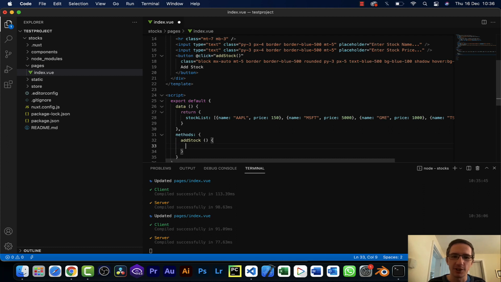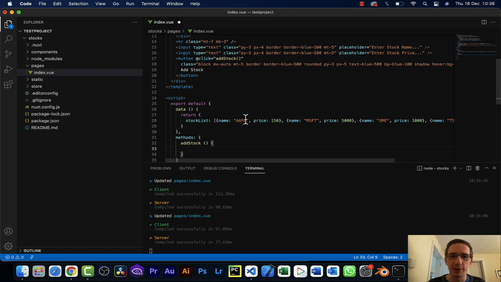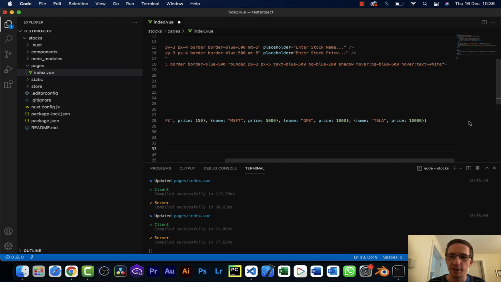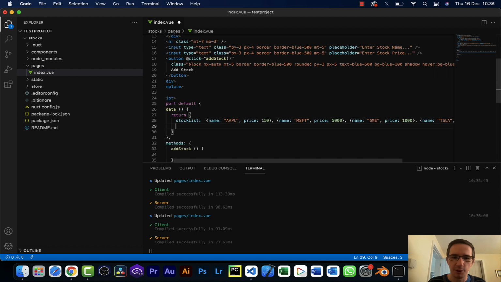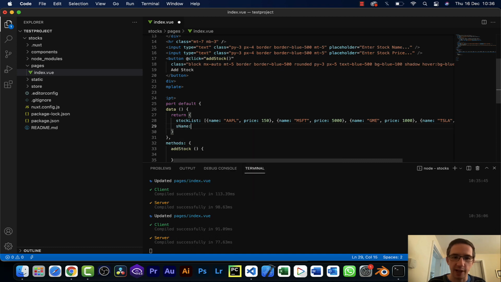What I wanted to do is add a stock, and I wanted to add whatever the stock is that I type in the input. So the first thing I want to do is create, after stock list over here, and it could be before, it doesn't matter, a bunch of things here. I'm going to call it S name, for stock name, and this is going to be set to